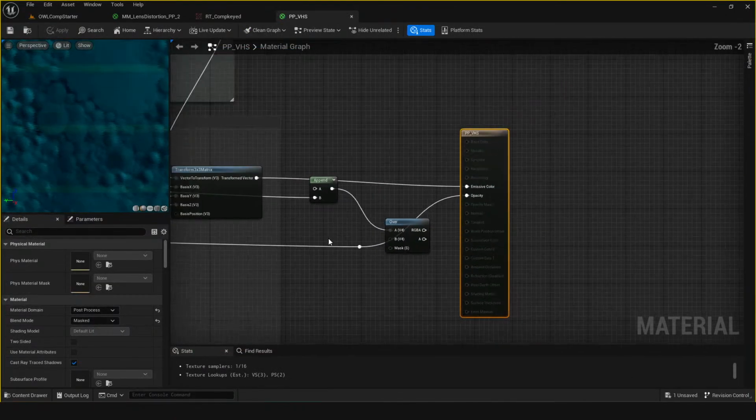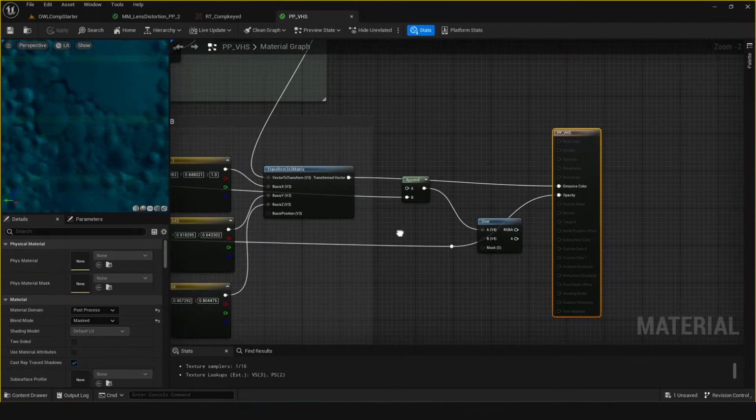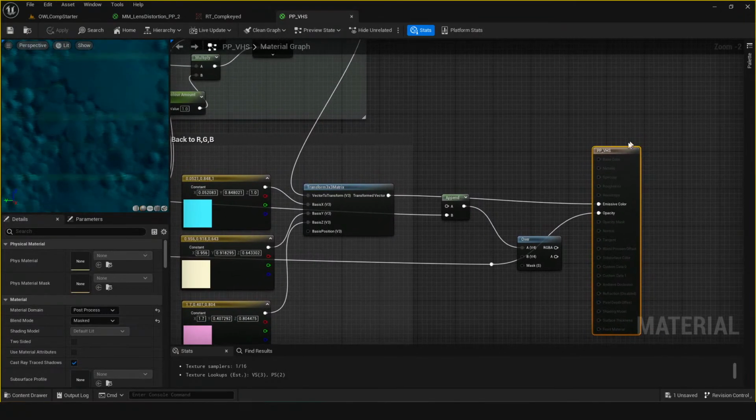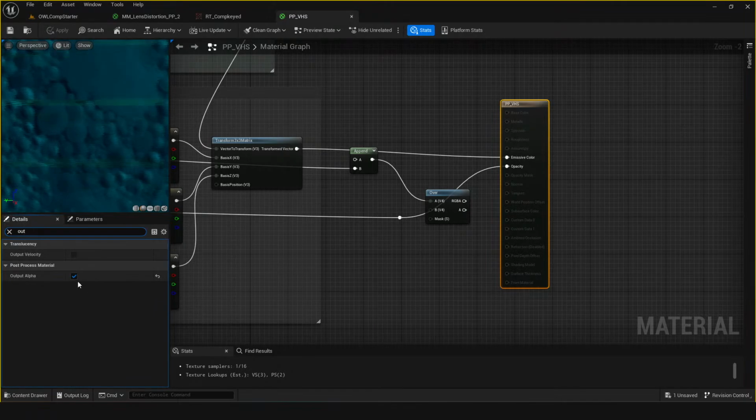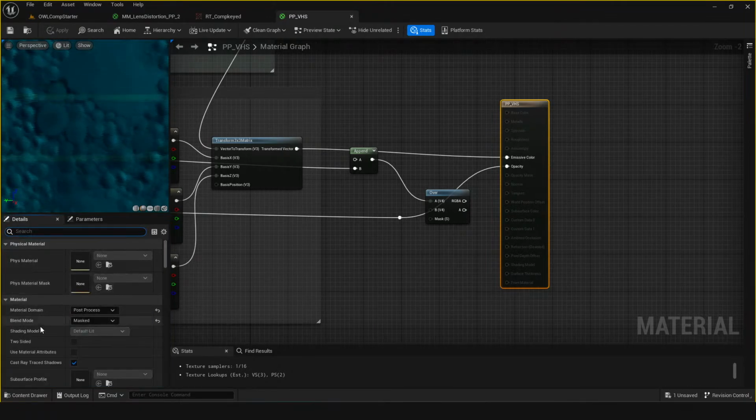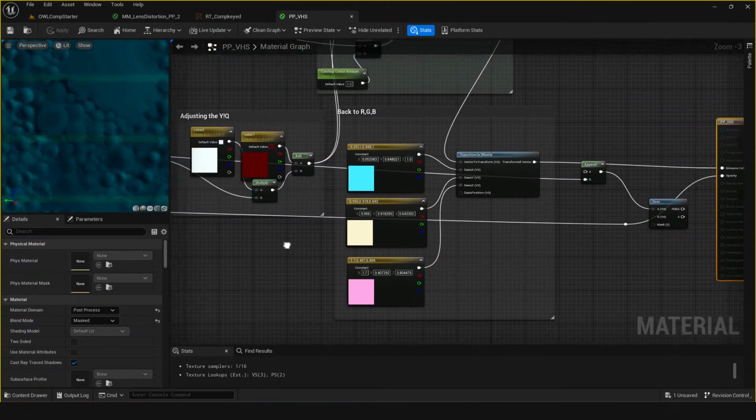So what I've done in this one, for the main properties: material domain, post-process. I also make sure I check this one that is output alpha. And then you make sure you have a blend mode of, I usually do masked, not translucent, it seems to work better for me for post-process materials. This example is a little